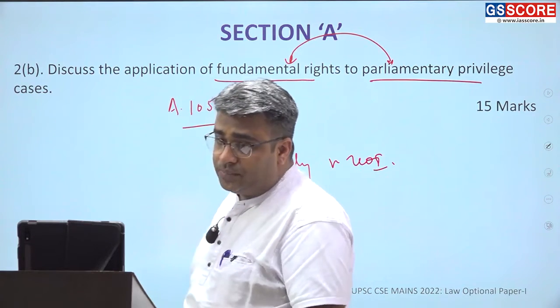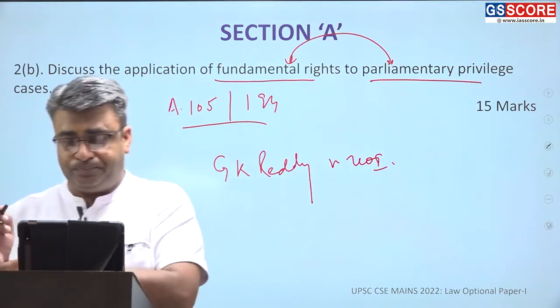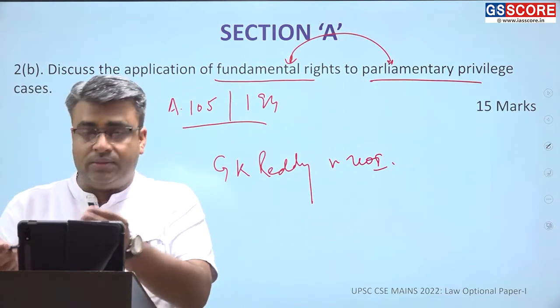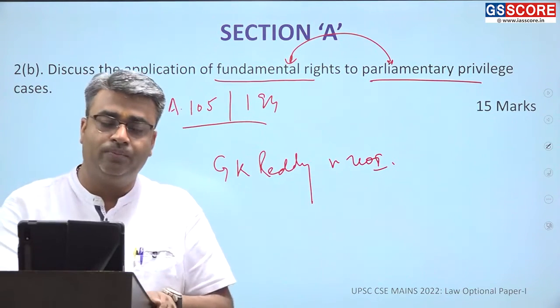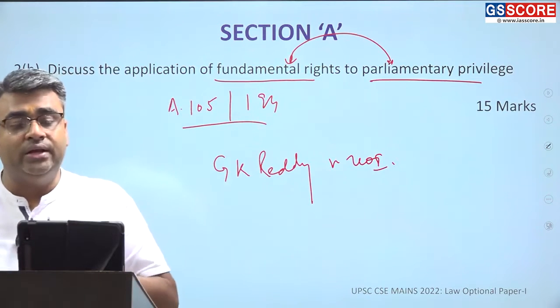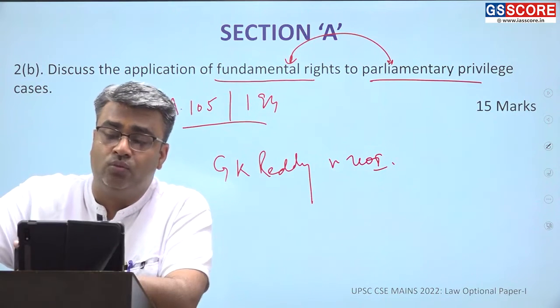This case is of 1954. I just simply mention a few cases only, and if you are aware of any other case, you can just mention it down. In G.K. Reddy versus Union of India case, a writ petition was filed under Article 32